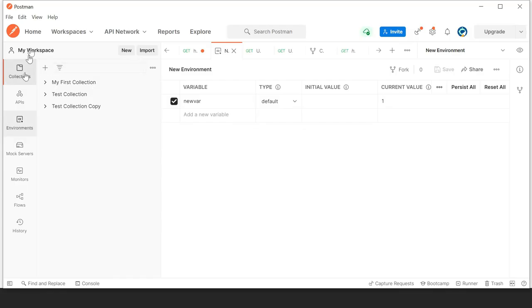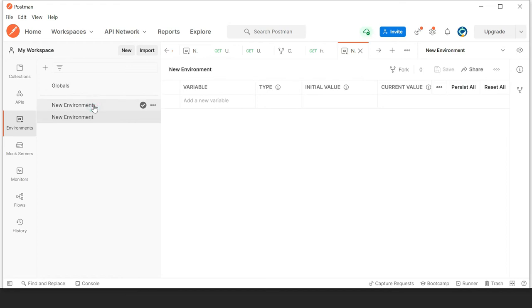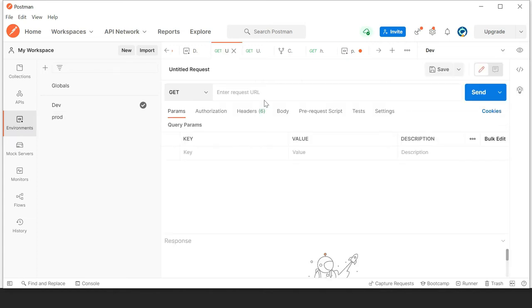In the left panel in Postman, you can see the environment tab here. Here you can add a new environment. We will add two environments here, a dev, and let's add a prod environment. I have added a base URL variable, and I'll add a value to it.